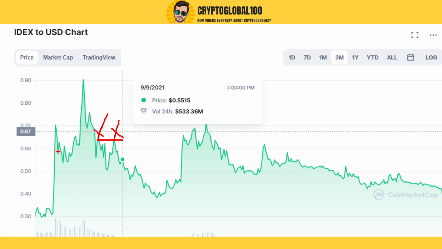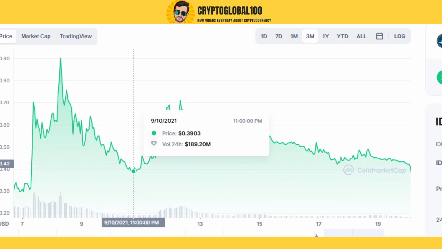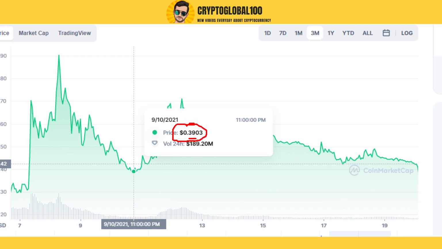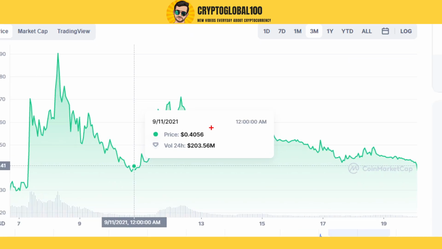Here the price was high. It made the all-time high, and in this area the volume was also high, but when it tested the all-time high, the volume was almost identical to the previous swing high. So try to understand what I want to tell you. After that the price started to decrease, and so did the volume. It reached the level of 0.39 with a volume of 189 million. Now if we look here at 0.4, which is the price here, 0.4 with the volume of $200 million.